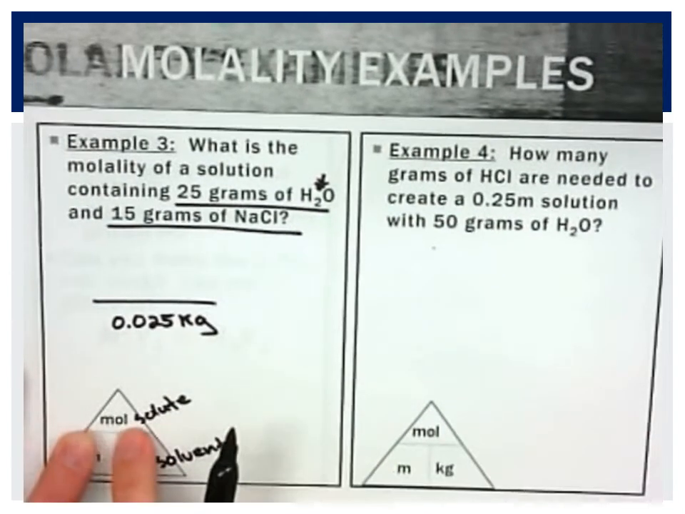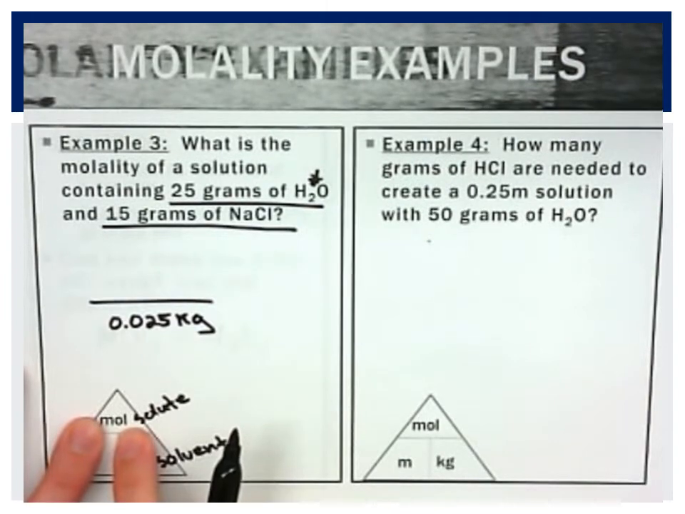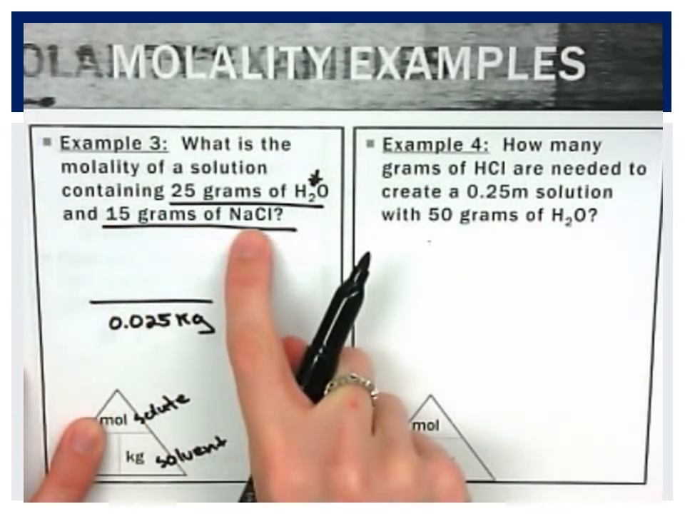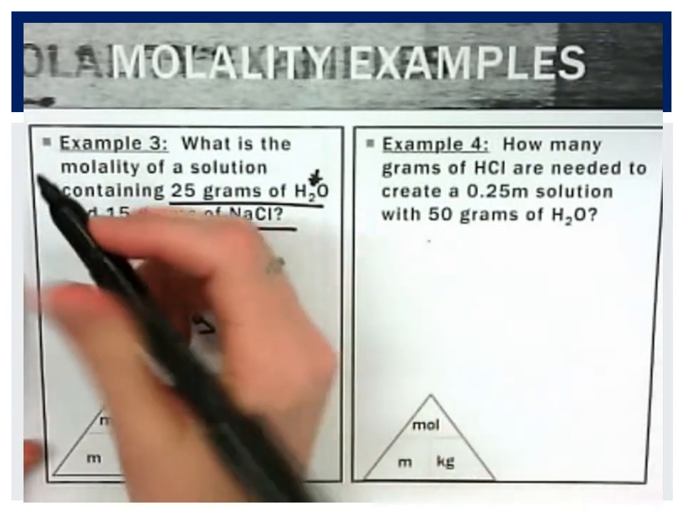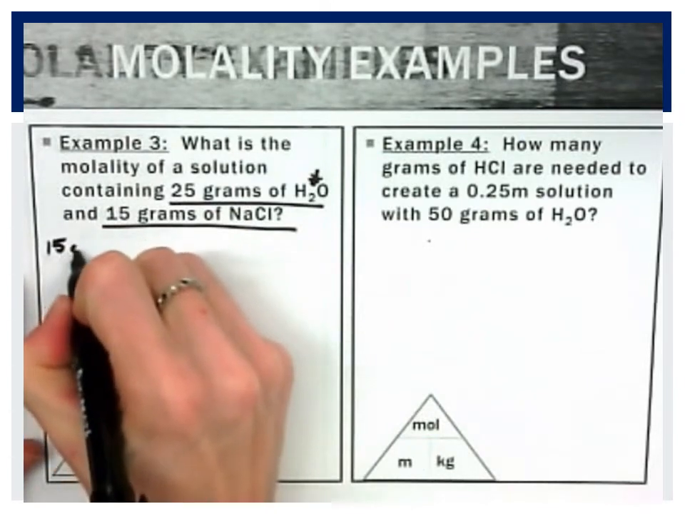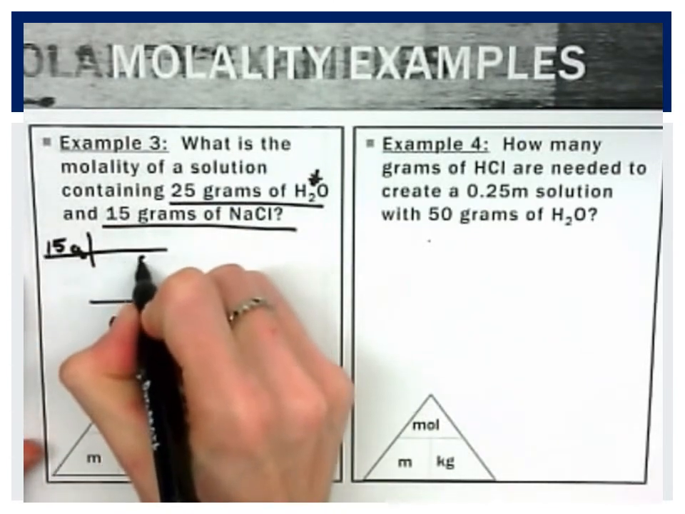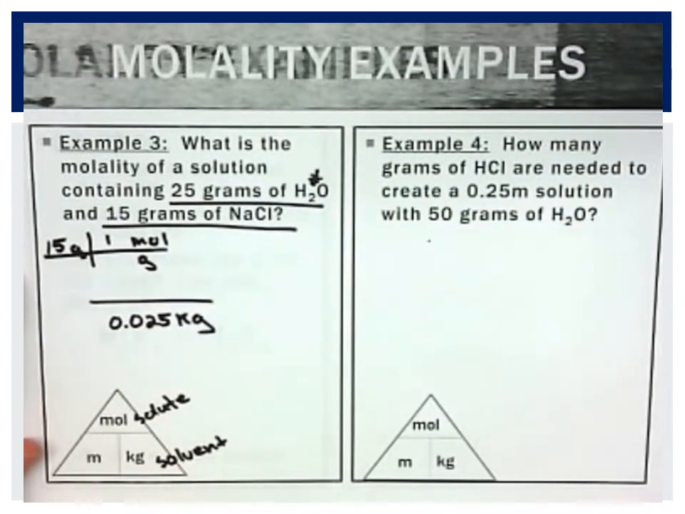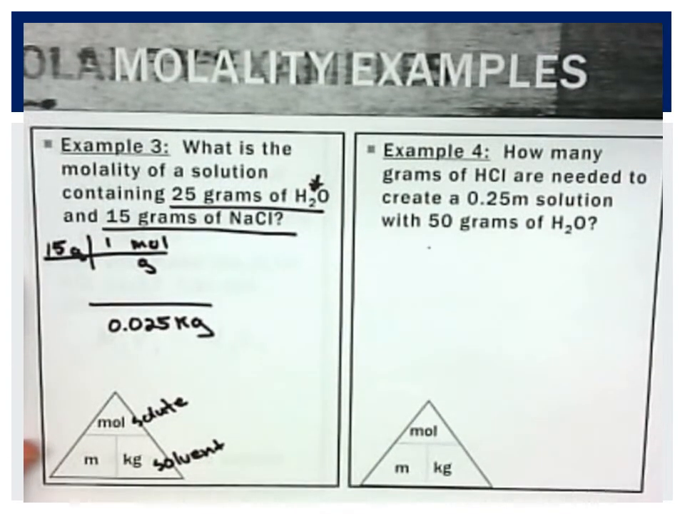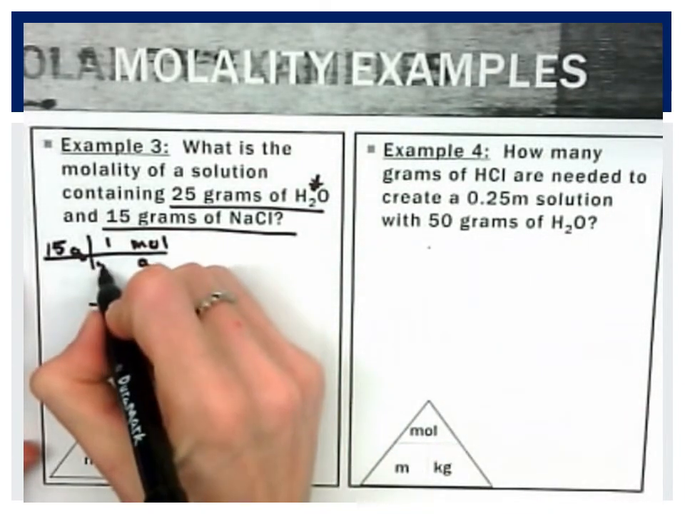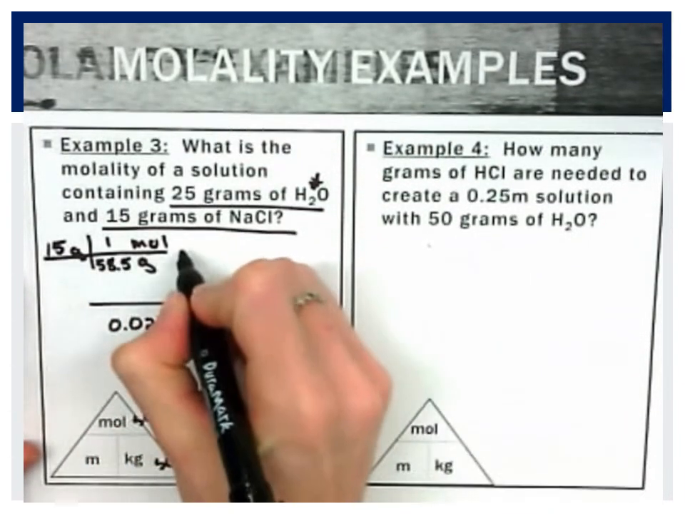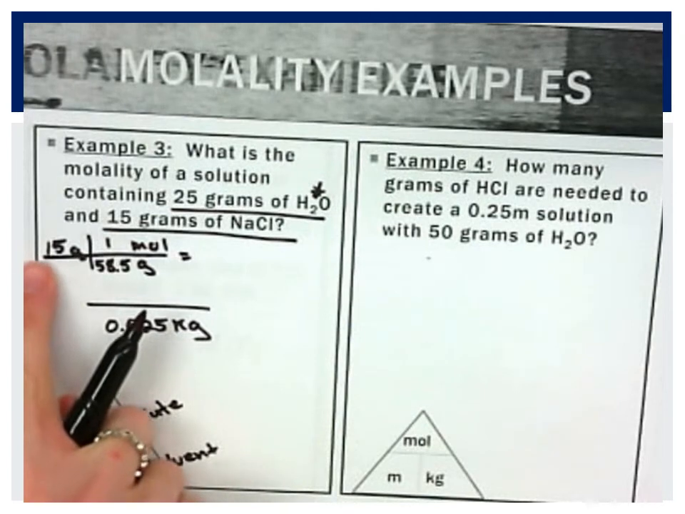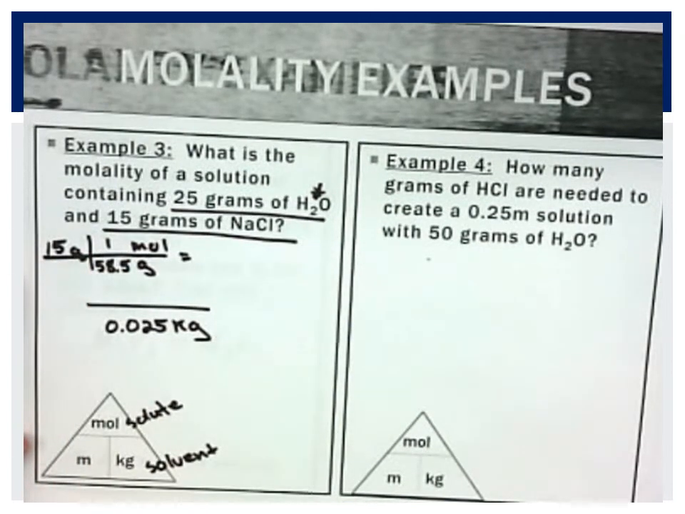Alright, I want moles of my solute. My solute is sodium chloride. I have it in grams. To be able to use it, I want it in moles. So I use my molar mass. We found the molar mass of sodium chloride on the previous problem to be 58.5. So if I do 15 grams divided by 58.5 grams per mole,